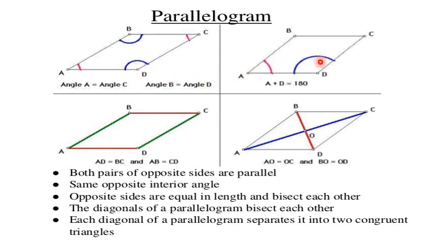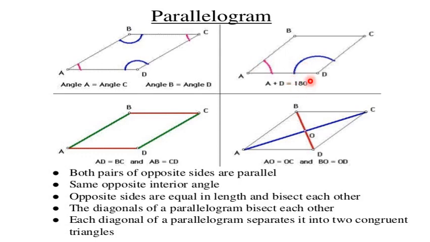Then coming to the adjacent angles. What do you mean by adjacent angles? Angles which are consecutive. That means next to each other. So such angles are called consecutive angles. It can also be told as adjacent angles. So here you can see angle A and angle D are adjacent angles, which can also be told as consecutive angles. So may it be any parallelogram, the adjacent angles are always supplementary.